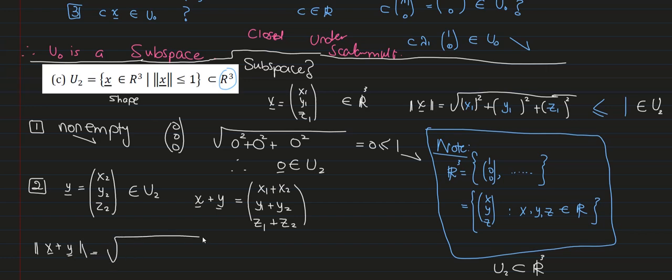It will be the square root of the first element, which is now (x1 + x2) all squared, plus (y1 + y2) all squared, plus (z1 + z2) all squared, right? This is the norm. Now the question: is this norm less than or equal to 1? Does the norm of x being less than or equal to 1, and the norm of y, when it's less than 1, imply that the norm of the addition is less than or equal to 1